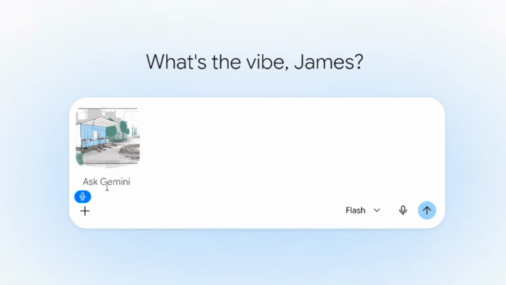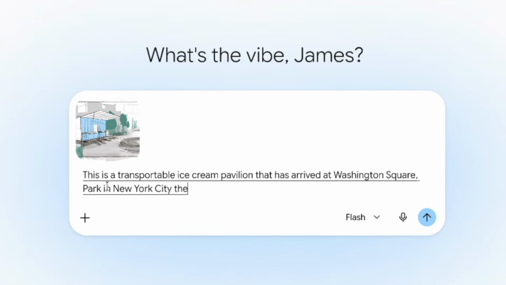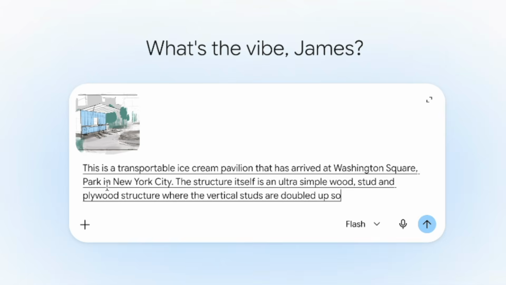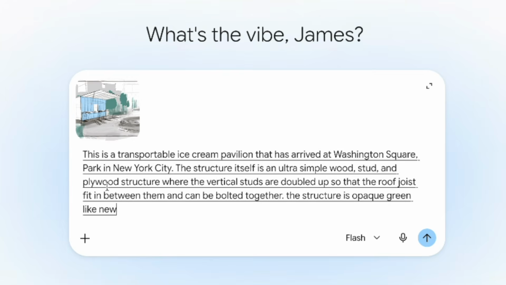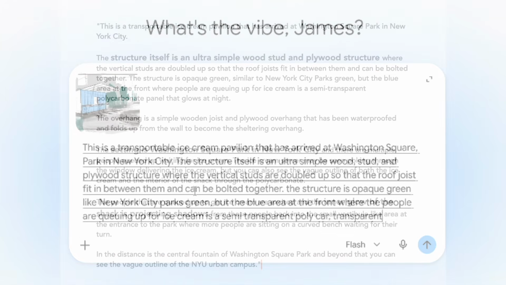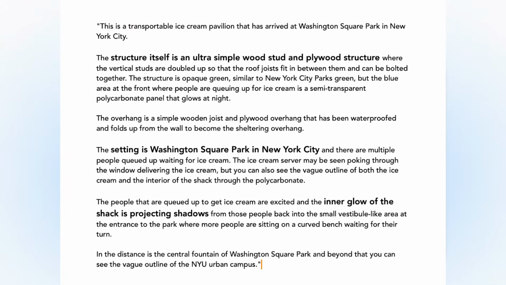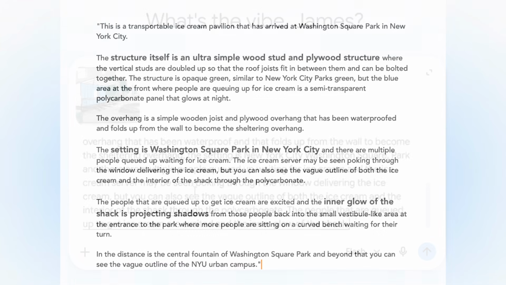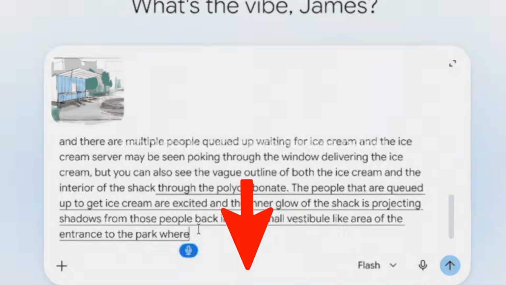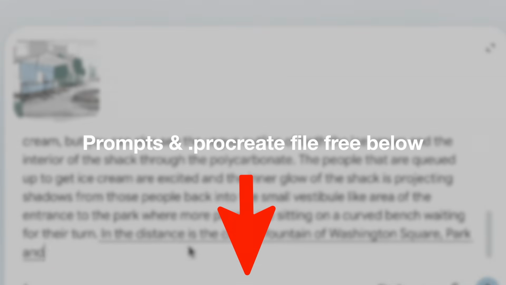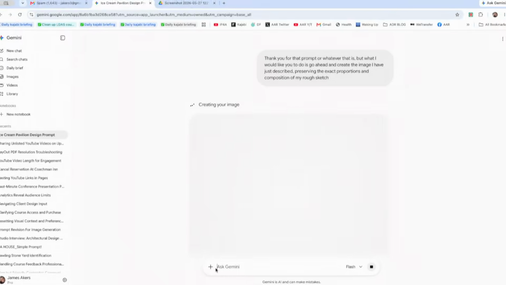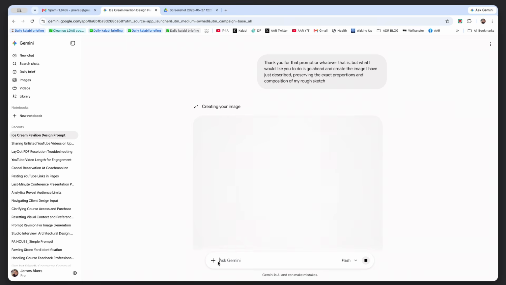Now there are two main points I'd like to make here. First, if you're like me and not a very good typist, you can simply dictate these prompts and tell the story out loud. Second, the whole trick is to include information about the materials, the site, the lighting, and the atmosphere. In this case, I'm inventing all of that as a stream of consciousness exercise to show my students there's really no magic bullet here. I'll include both this prompt and my universal prompt in the free download link below. Once you've described those 4 ingredients, all that's left to do is hit the Submit button and watch what Nano